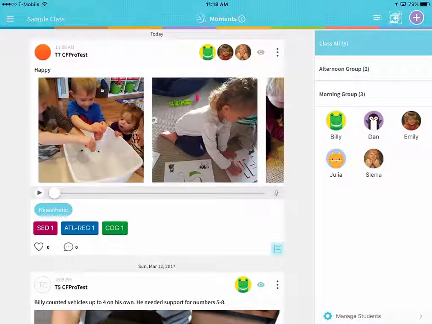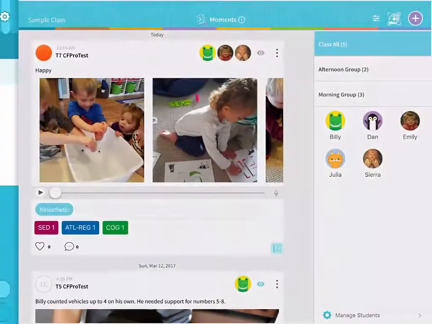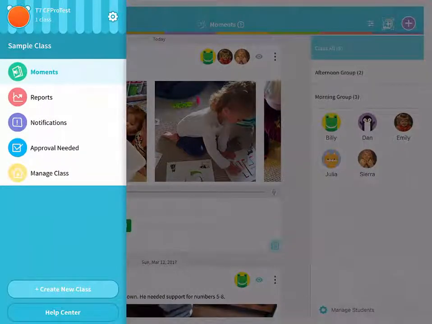So now that we've gone through creating a moment, the next step is to keep track of everything, to see how our classroom is performing and to see where we as educators need to focus our lesson plans. So in the top left, there's 3 bar icons. By tapping on these, we open the menu for the classroom. We were currently in the Moments menu, so we're going to tap on Reports to get a look at everything